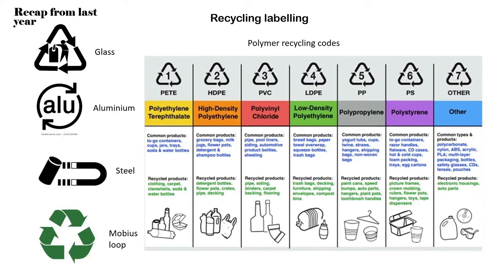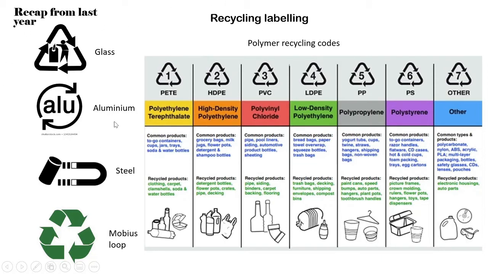So recycling labelling. We've all seen the polymer recycling codes, 1 to 7, 1 being really good, 7 being absolutely terrible. Things like on your plastic bottles, like water bottles, milk bottles, to styrofoam, like fast food containers, safety goggles, those sort of things. And then what you might not have remembered, some of the other recycling ones are things